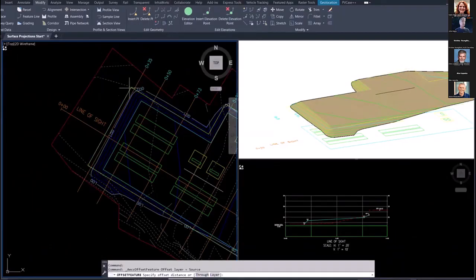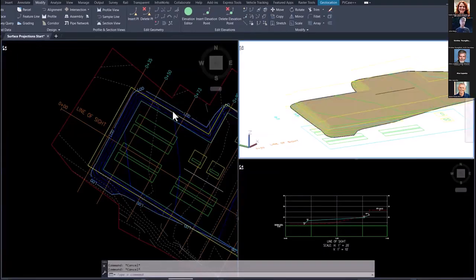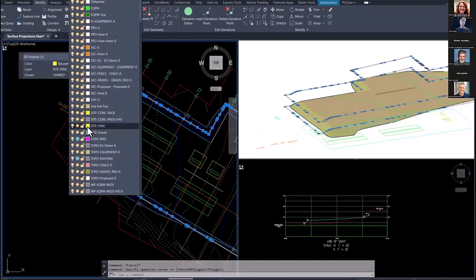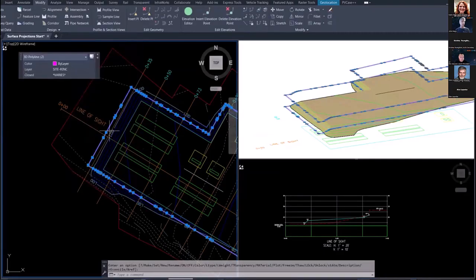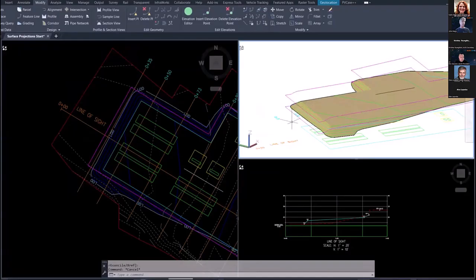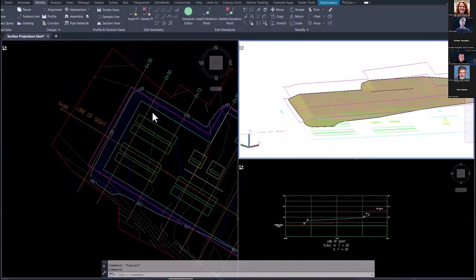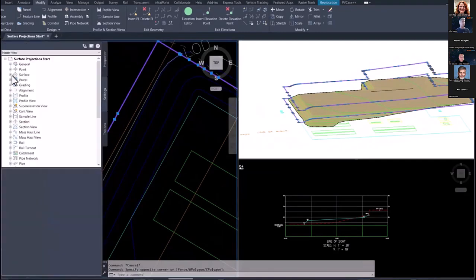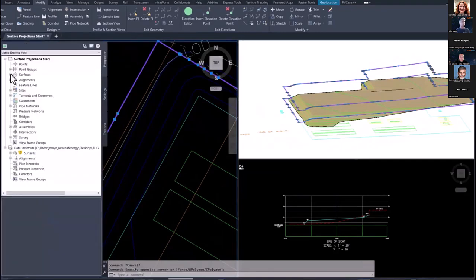I would use my stepped offset command. I go 0.05 units to the inside and give it an elevation difference of 8 feet for the height of the fence. And yellow is a horrible color. Let's change that to magenta. And there we see top and bottom of fence. If I take them and add them to a new surface,